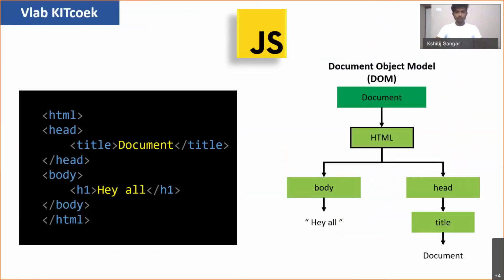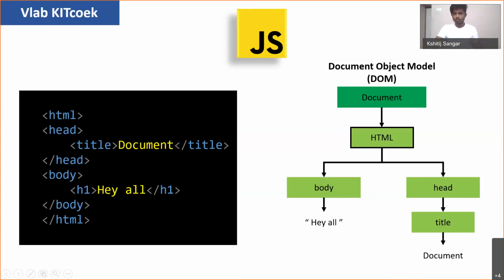Now let's move on to some internal parts of JavaScript. How does JavaScript understand HTML? It actually doesn't understand the HTML code directly. What it has is the Document Object Model. It is kind of a document which is developed side by side to this web page. Whenever a web page is loaded, this document is created in the background, and it has a hierarchy of all the objects that are created.